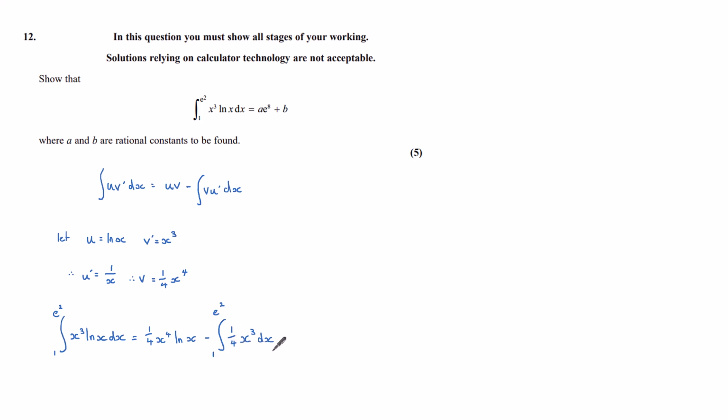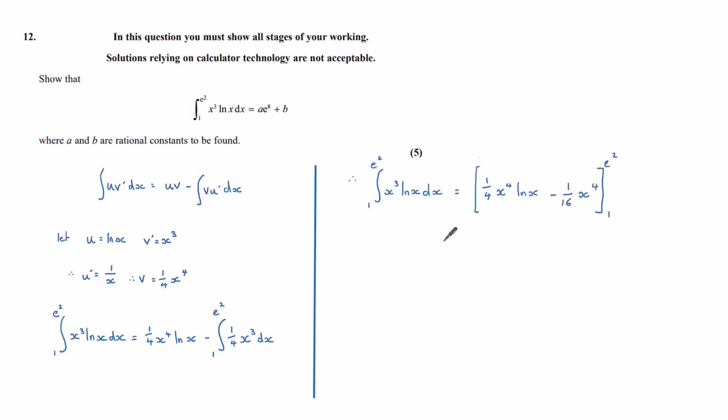Now this, of course, I can integrate, and so my full expanded integral is a quarter x to the power 4 ln x minus this integral, increase the power by 1, divide by the new power. This integrates to 1/16 x to the power 4. And this is all between e squared and 1. And so when we have a definite integral, first we substitute in the e squared, and then we subtract substituting